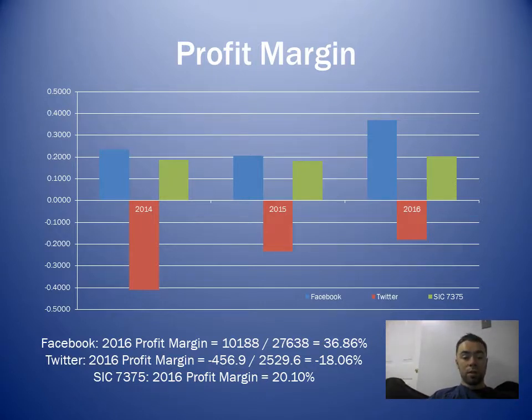As profit margin is presented as a percentage, the ratio indicates how much of every dollar of sales a company actually keeps in earnings. For example, as depicted in the graph, Facebook recorded a profit margin of nearly 37% in 2016. This percentage was far superior to their closest competitor, Twitter, who saw a negative profit margin due to a negative net income. Since 2014, Facebook has had positive growth in both net income and sales, resulting in a slightly above average profit margin over other companies listed within SIC code 7375.